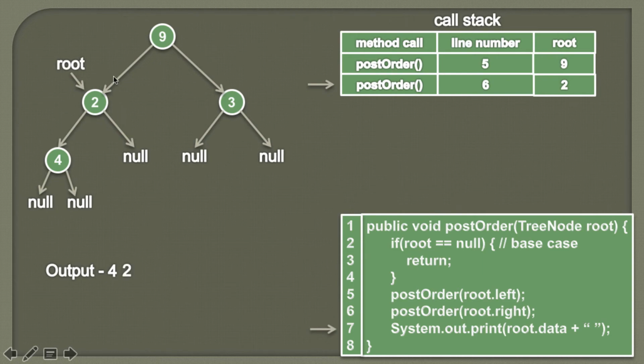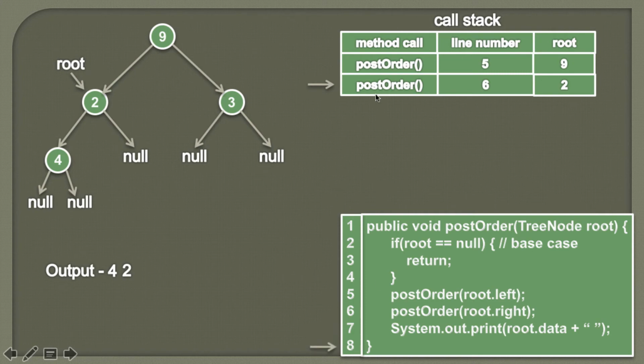So friends, here you can see before processing of the node 2, we first completely visited its left subtree and we printed node 4, and then we visited its complete right subtree, which was actually null, and then we actually visited the node 2. So it printed something like this, 4 and then 2. Moving ahead.